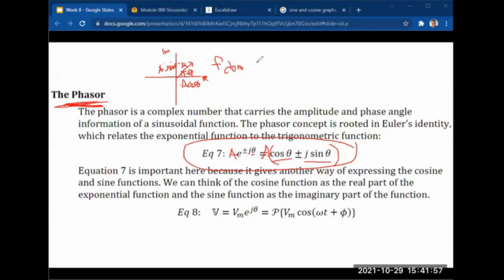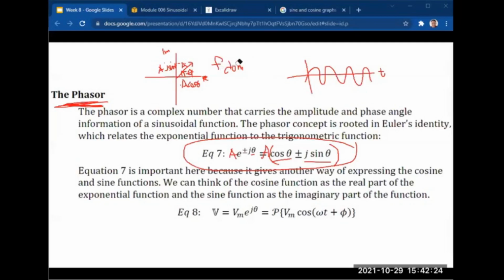Never mind. Yep, frequency domain. And then our sinusoidal function is in time domain. So that is the difference. Okay. So equation 7 here is important because it gives another way of expressing the cosine function